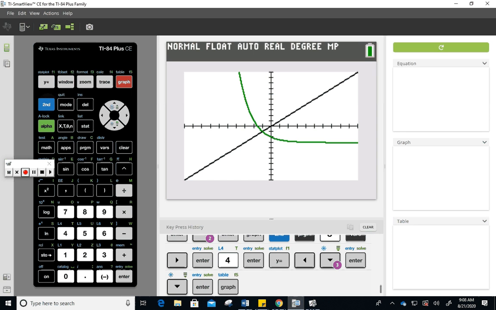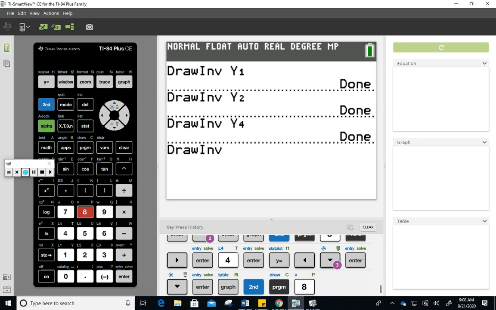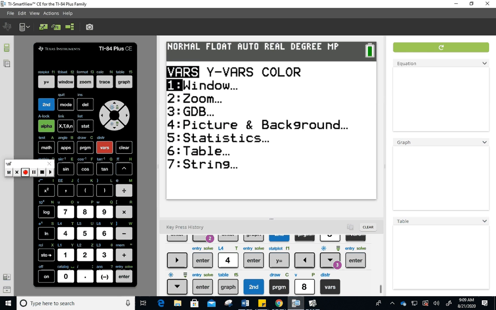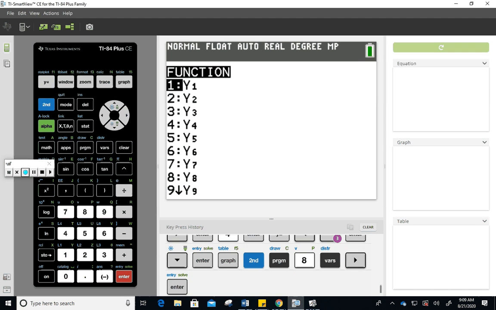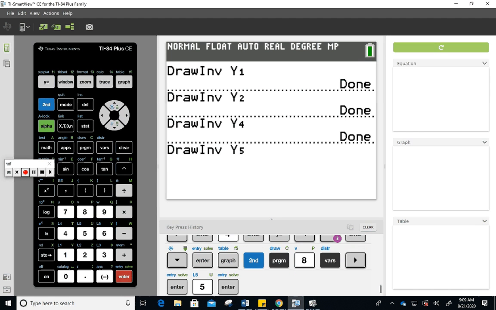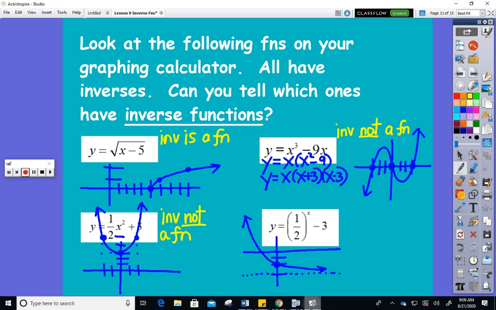I'm going to go to my draw menu, and then I'm going to say draw inverse as choice 8. And I believe I had that one in y5, didn't I? So I'm going to go to my list of y subs and choose y sub 5. And when my calculator draws it, whoa, the blue and green graphs are really, really close, aren't they? But the blue graph does pass the vertical line test. It sort of looks kind of vertical over on the left-hand side, but again, that's your calculator's inability to make that look better. So I'm going to come back and go, all right, on this one, the inverse is a